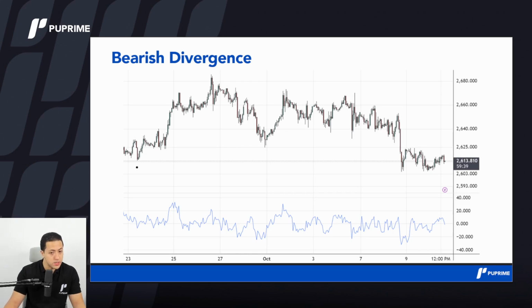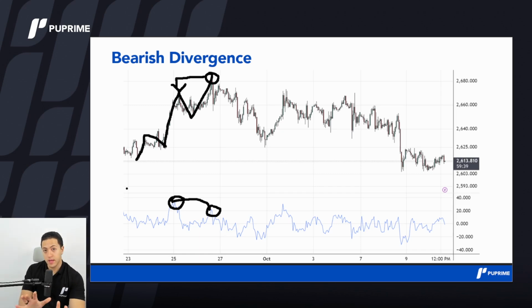If you check the price, you will see that this was a normal upward trend. So you have higher highs and higher lows, right? So prices here formed a high that was higher than the previous high, because that's an upward trend. If you look down on the momentum, you will see that this high, which corresponds to this high, is lower than the previous high, which corresponds to this previous high. So this is how you know that the behavior of the indicator and the prices are not the same anymore,